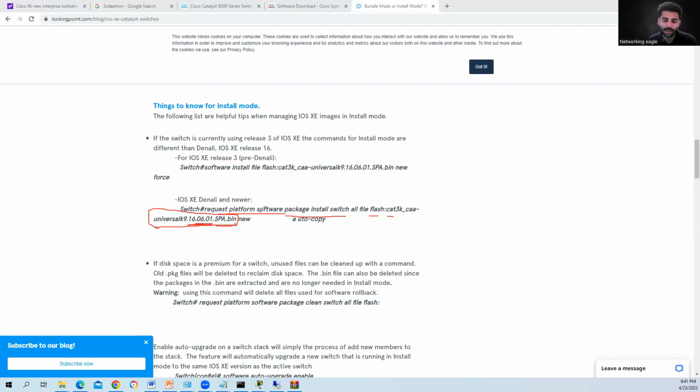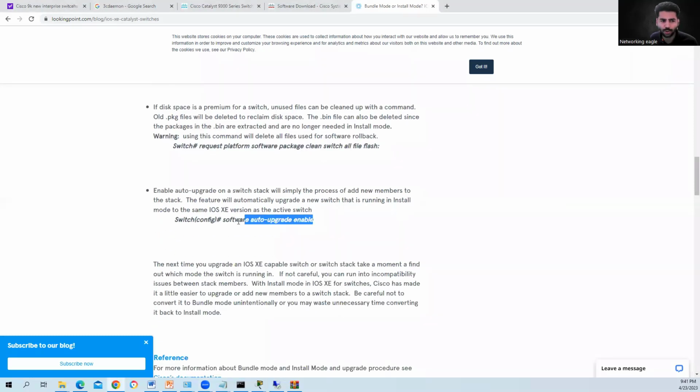But again, you need to perform step number 2. First, make sure this new file exists in your flash, any of the flashes, maybe flash 1 or flash 2, okay? To copy it, we require TFTP, FTP, or any one of the servers. Yeah, this is it, okay? And then